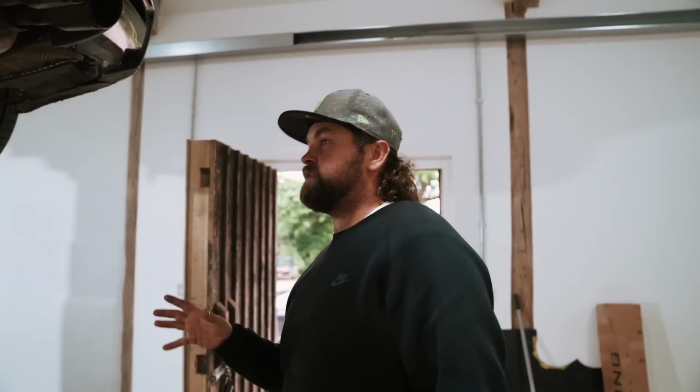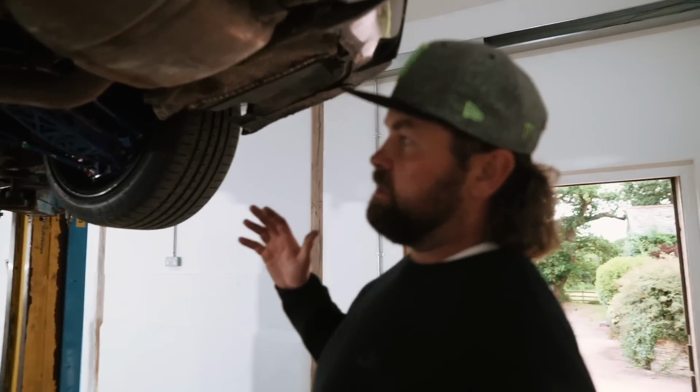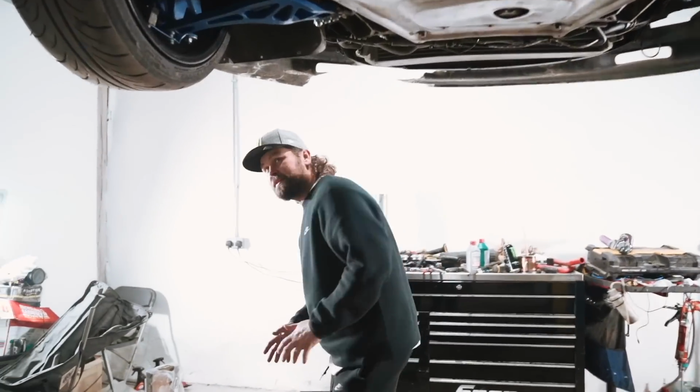Now we've got the car up in the air after a little bit of drama with the ramp. I can actually show you the detail involved with everything we've already done. So, starting from the front. The main thing that has changed on the front,